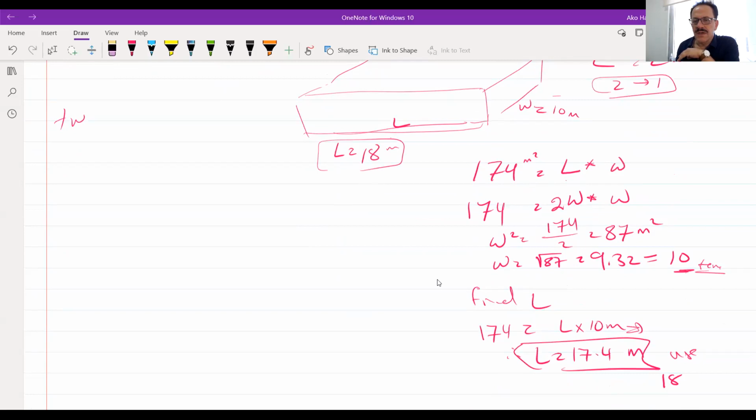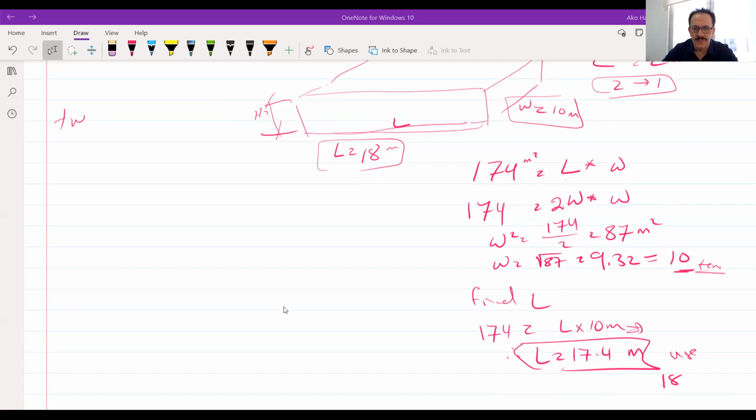Now, what about the H? I can say we have from the design parameters also, the horizontal velocity should be between 0.5 to 0.15. This is the horizontal velocity in the tank. Now you can assume this and find the H, or you can assume an H and find this one. Now I will try to use a horizontal velocity between 0.15 to 0.5, like this.